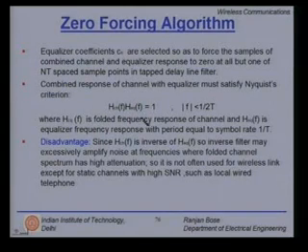The disadvantage is as follows. Since the H channel is the inverse of the H equalizer, the inverse filter may excessively amplify noise at frequencies where the folded channel spectrum has high attenuation. So, the zero forcing algorithm is not used for wireless links except for static cases. It was originally invented for wireline applications, so it is normally not used.